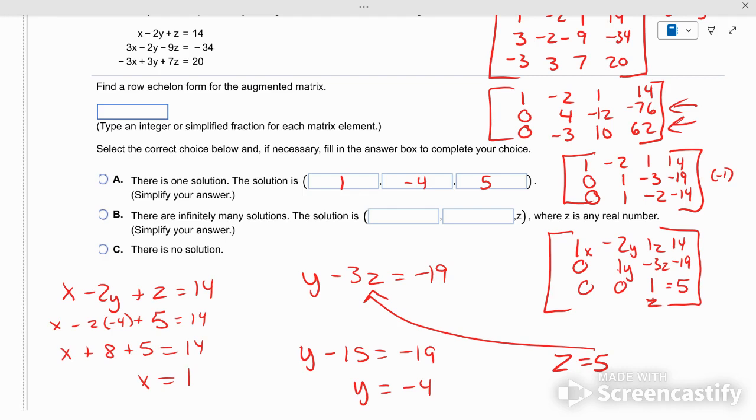So, that is what we're doing today. Life will get simpler on Monday. Because on Monday, I will show you how to use graphing calculators to solve